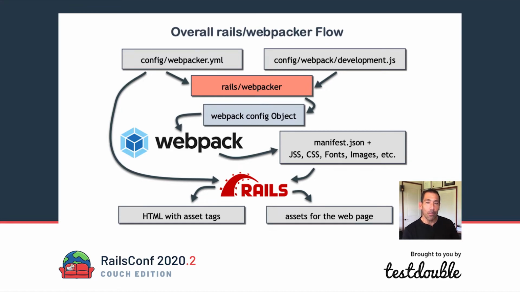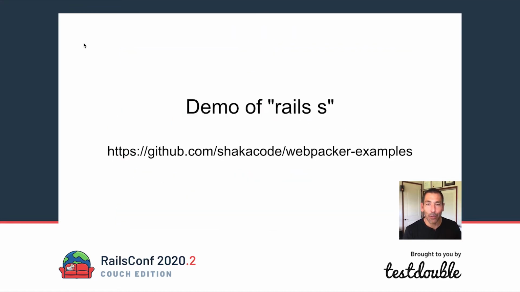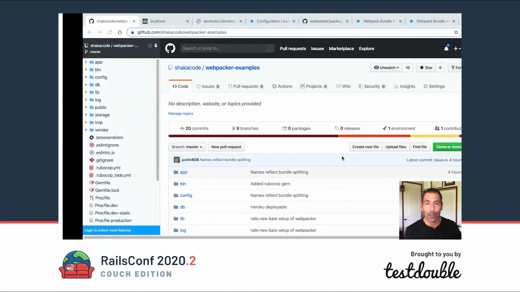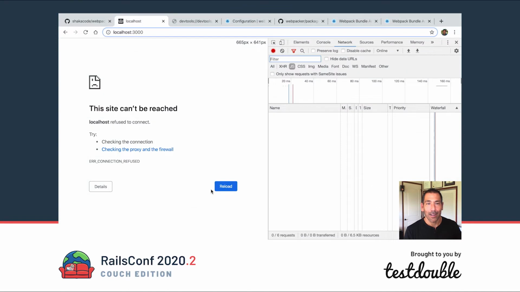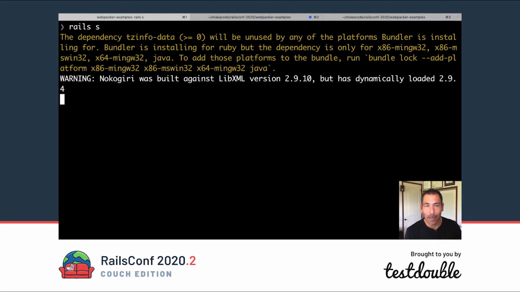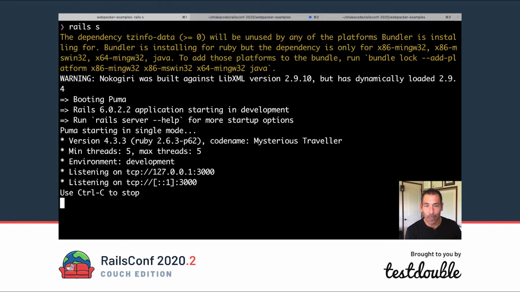So let's do a demo of this. I'll give you a little quick demo of the end result. I created a sample application here on GitHub, Shaka Code Webpacker examples. I'm going to start up Rails. I've cleared out my Webpack directory in public, so the files are not there. In order to get Webpack to compile, we're going to go over to the application,